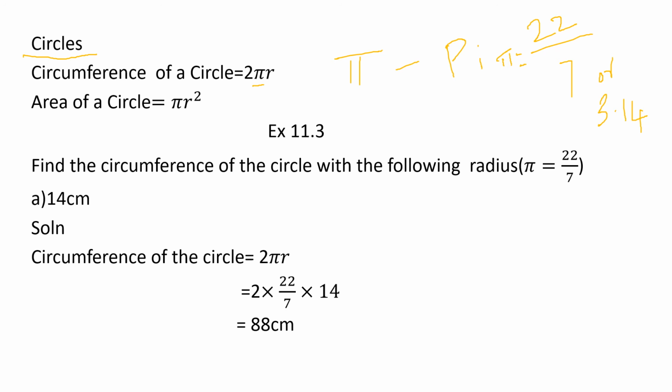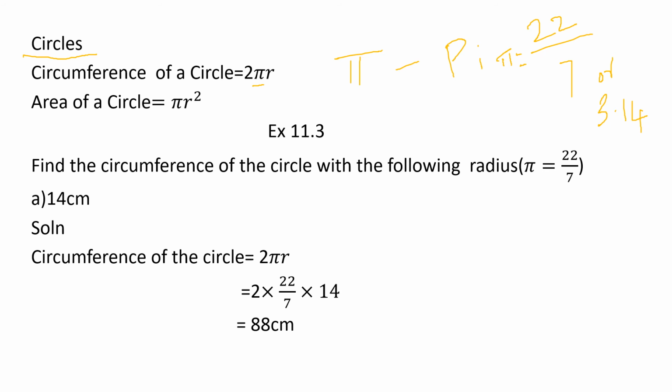So what is the value of pi? We'll call this simply as pi. In fractions we are writing 22 by 7 or 3.14. Both are the same. Okay, you can write any one value. So here in your book they have given pi equal to 22 by 7. When you go to higher classes, mostly we will use 3.14. Okay, so that is the permanent value for pi, 22 by 7.